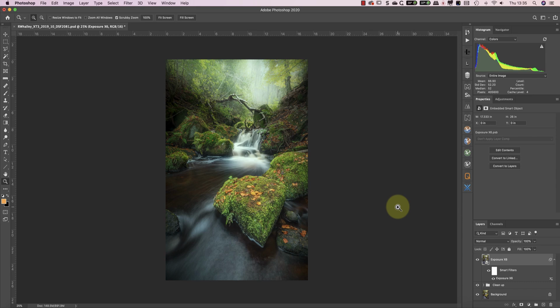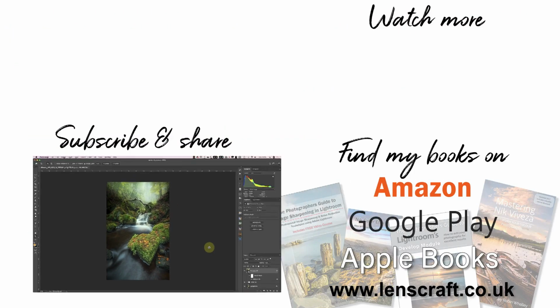Whether Exposure X6 makes a good value upgrade really depends on your existing version and the tools you want to use. If you don't already own Exposure, I think the new X6 release is an excellent photo editor and library manager. It's well worth investigating further. The Photo Library Manager compares very well with Lightroom, and the Photo Editor is, in my opinion, much better than Lightroom. I found it very responsive, and with a little practice you can achieve some excellent results.